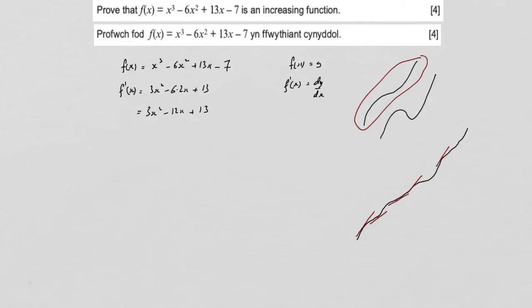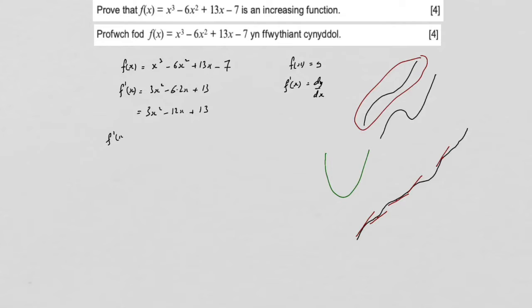Now, we've got a quadratic, it's a positive quadratic, so it's going to look something like that, and we need it to be greater than 0. So there's two ways we can do this. First of all, we could do completing the square, and that will give us,